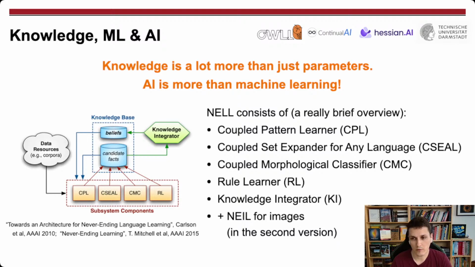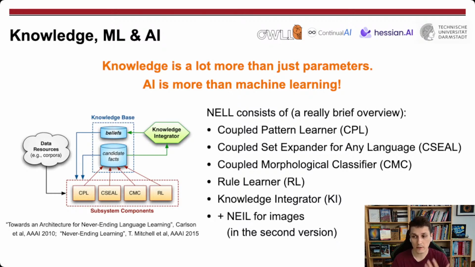Let's take a look at the second example to give you more of an idea of what we can do now if we really tap into this pool of ideas from AI and machine learning. It's this almost 7-year-old idea of the never-ending language learner. I'm going to talk about it very briefly to end the lecture, because if you really want to appreciate this large piece of software, which has been running for a really long time, 24/7, for multiple years, accumulating knowledge, I encourage you to look at it in detail,